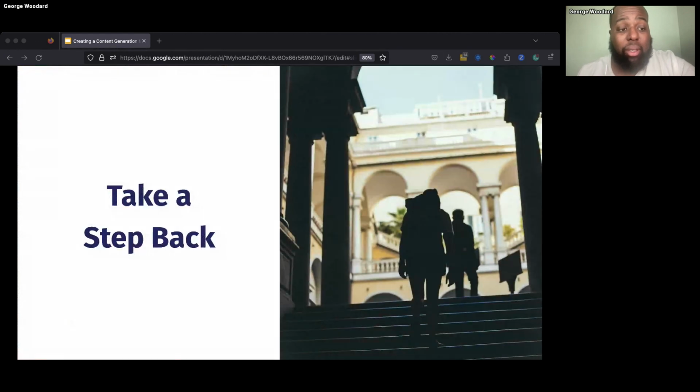First and foremost, first thing you want to do, take a step back. It sounds crazy. It sounds weird. It sounds like a challenge for some people, but that's the first thing. Take a step back. Get a breather. You can rest. Slowing down is actually beneficial.